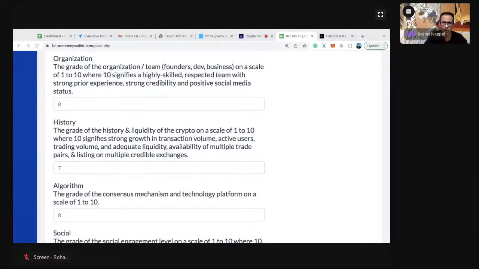Is it clear so far, the organization part? So for example, if you look at Ethereum, you would go to their site, you would go to their LinkedIn platforms, you know that there is something called the Ethereum Foundation which runs it. You would look at Vitalik Buterin and a few of the other people. And if you feel that they are really good and they've got solid experience, then you would give a higher rating. And if they are not, you would give a lower rating.